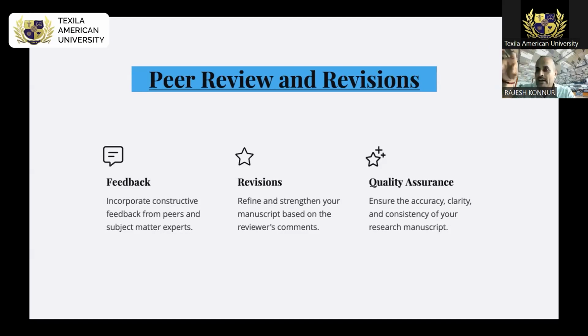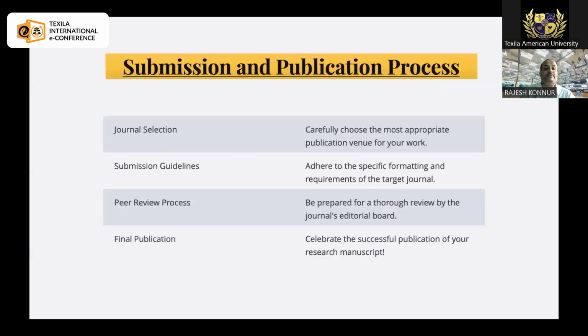Sometimes you have to follow the guidelines of the journal or publishers. If they accept it, very well and good. If they don't accept it, don't be disheartened. You can modify it, then submit it. Do the revisions, then maintain quality assurance. Quality assurance is nothing but adhering to publication ethics and research ethics. Very important. You have to take permission, and don't manipulate anything when you are publishing in a group. At that time you have to have authorship 1, 2, 3.